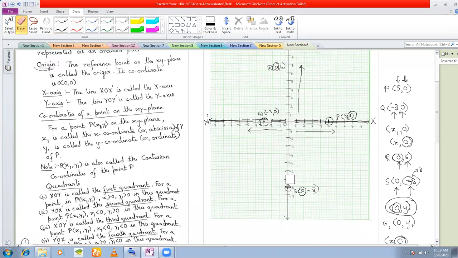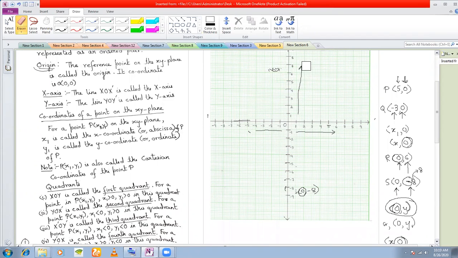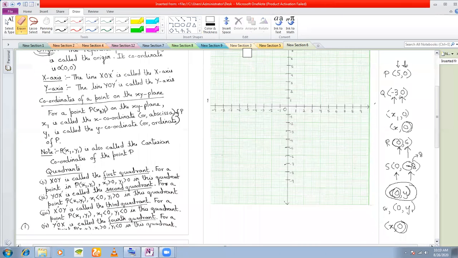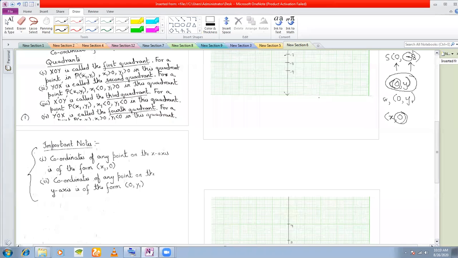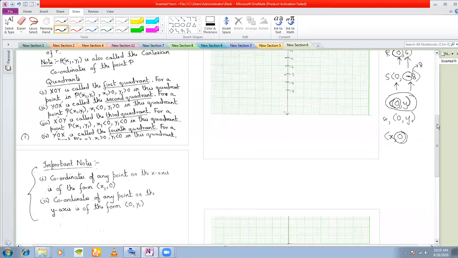So remember, any coordinate on the x-axis can be taken as (x, 0) or (x1, 0), and any coordinate on the y-axis can be taken as (0, y), where the x coordinate is 0. That is what I have mentioned here. This is a very important note. So with this idea, we now move on to